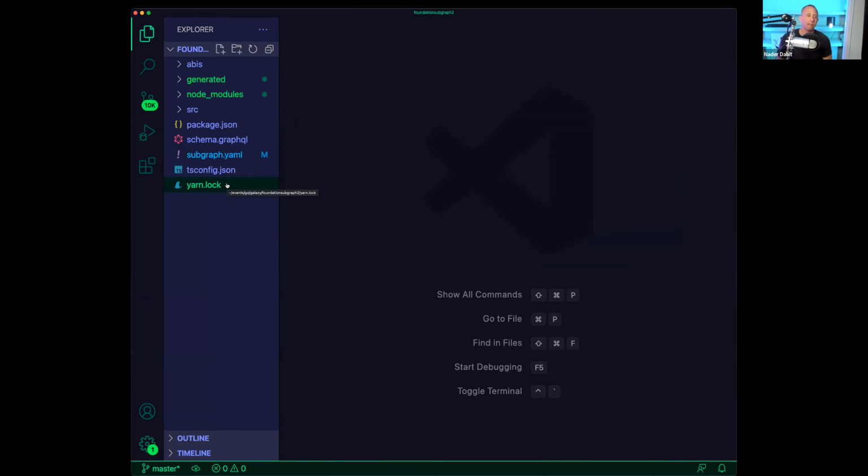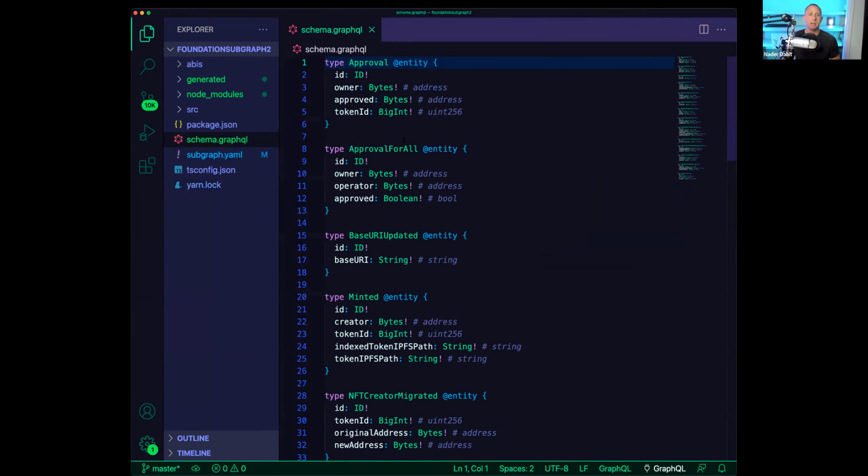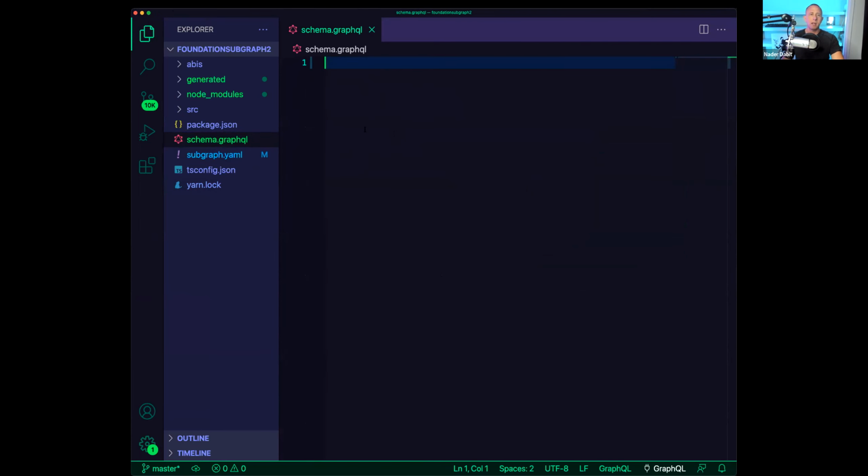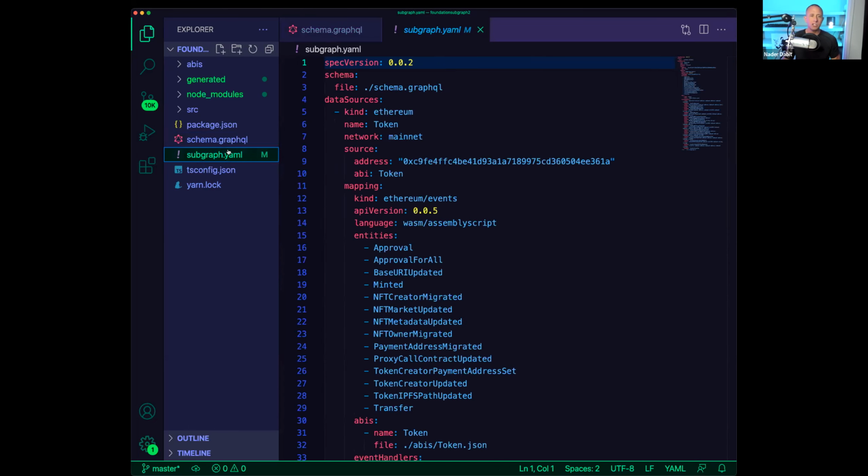But let's look at the three main parts that make up this subgraph. One is the GraphQL schema, and this is going to be our data model, and we can just delete all of that for now. We don't need any of that code. We also have our subgraph.yaml. So if you've ever written any infrastructure as code on something like AWS, or any configuration in YAML, you probably